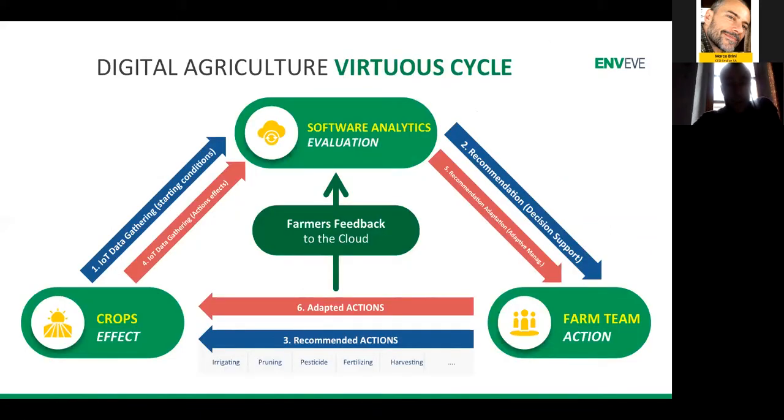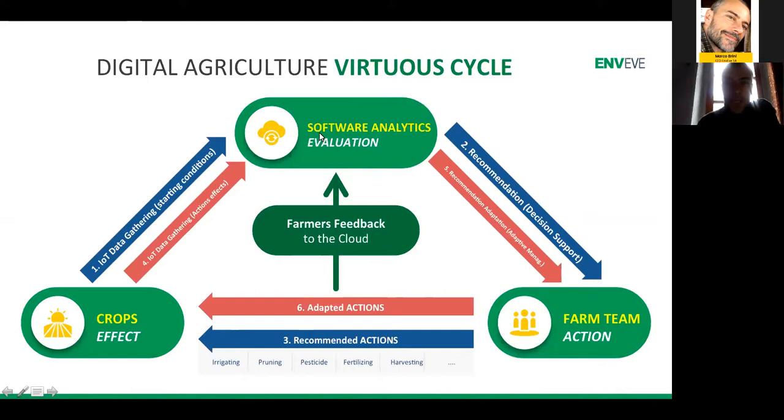At the end, what we really want, this is a little more complex as a slide, is to implement the concept of adaptive management, which is already an established concept in many other domains, such as industry and management, to agriculture. So basically, IoT gathers data, for instance, then we analyze those data, then take decisions and do actions, and these